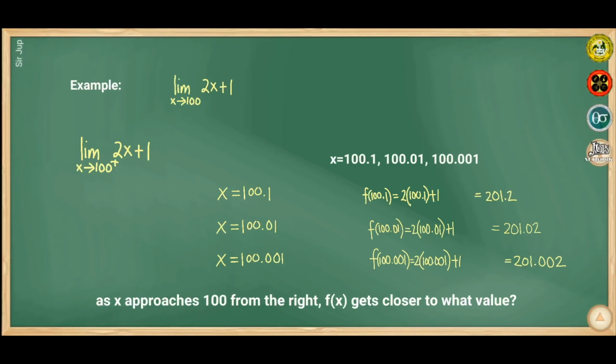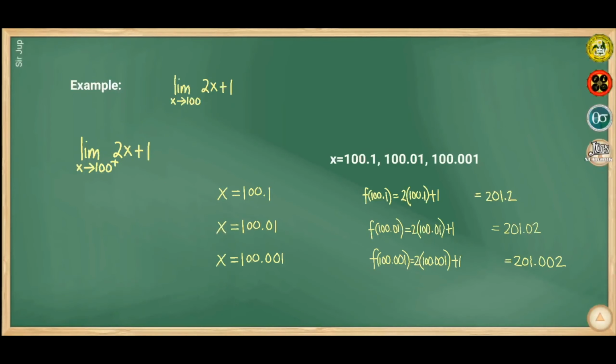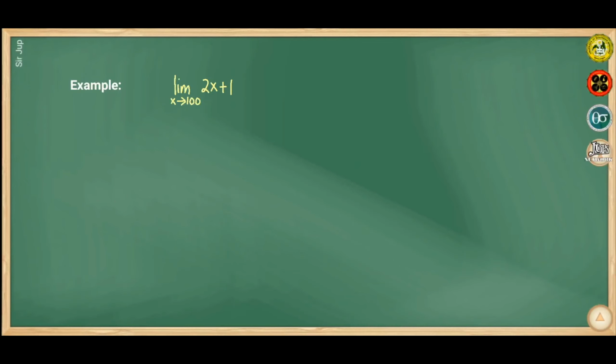As x approaches 100 from the right, f of x gets closer to what value? Tama, 201. So the limit of 2x plus 1 as x approaches 100 from the right is 201. Sa limit of 2x plus 1 as x approaches 100 from the left naman, we can consider x equals